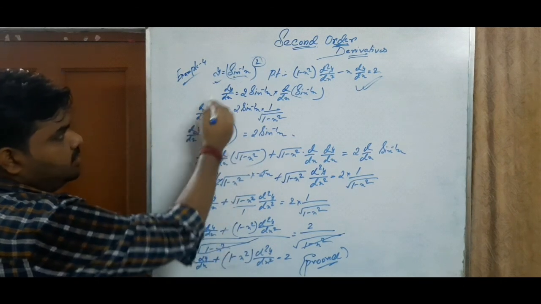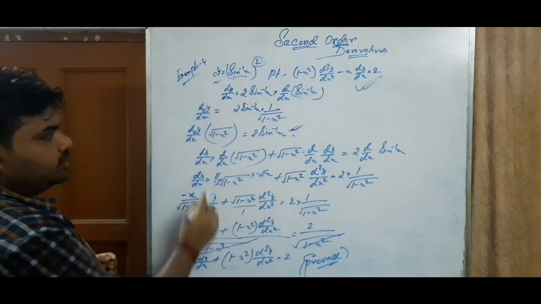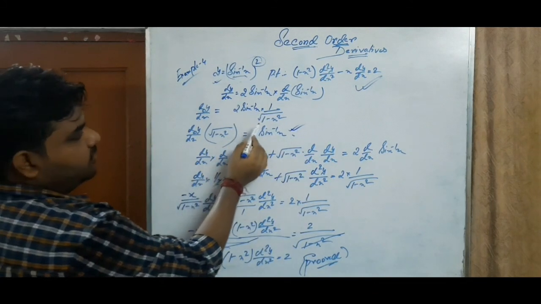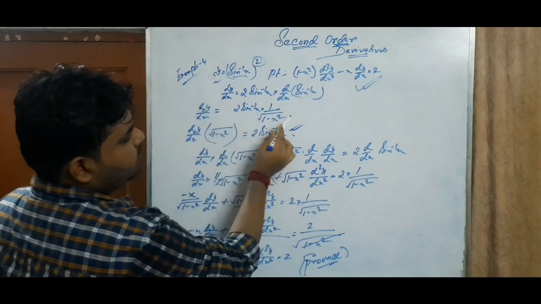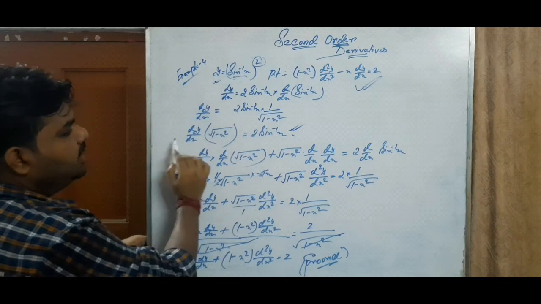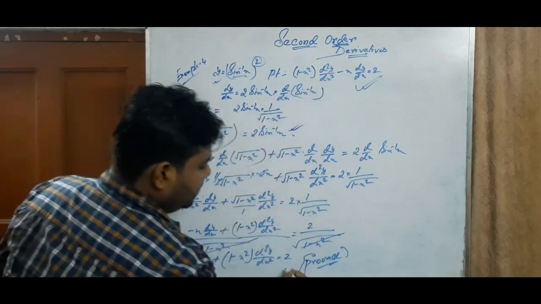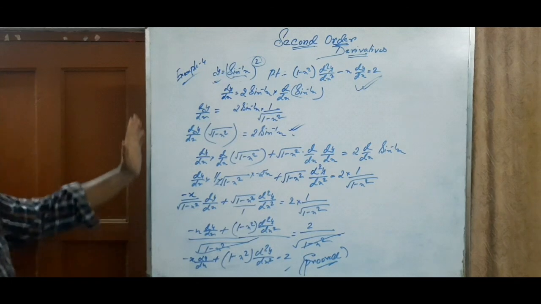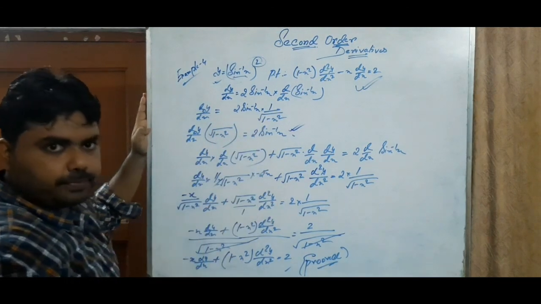So in this example, first we find the first order derivative. Now what we have done is just cross multiplied it, that is root over 1 minus x square, cross multiplied over here. Now we are differentiating both sides and the answer is already proved. So pause the video and just copy it down.